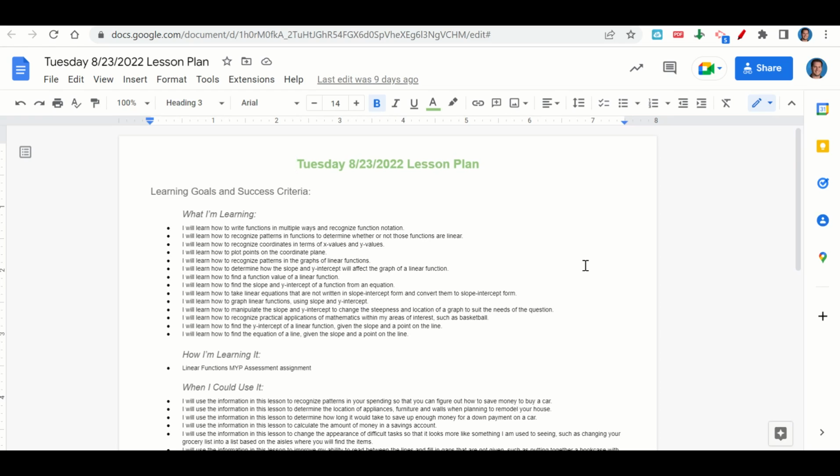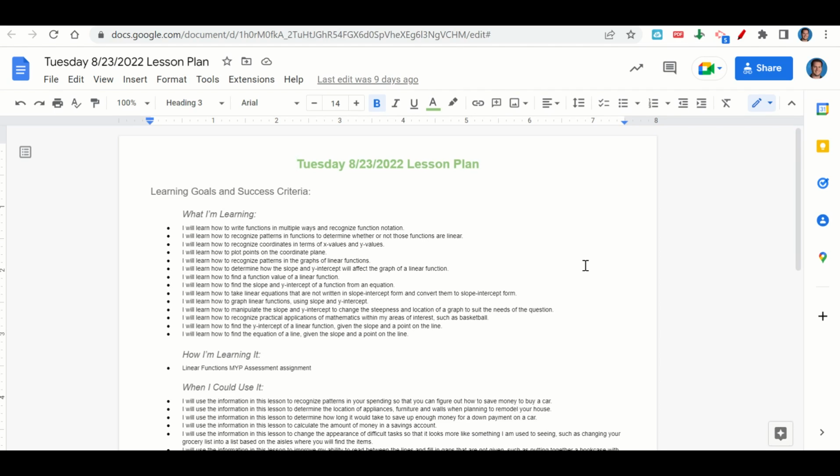determine whether or not those functions are linear, how to recognize coordinates in terms of x values and y values, how to plot points on the coordinate plane, how to recognize patterns in the graphs of linear functions, how to determine how the slope and y-intercept will affect the graph of a function, how to find a function value of